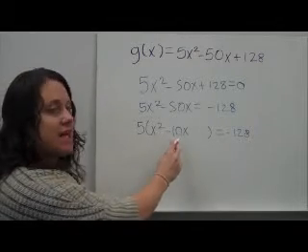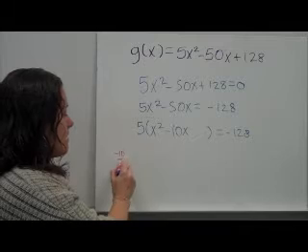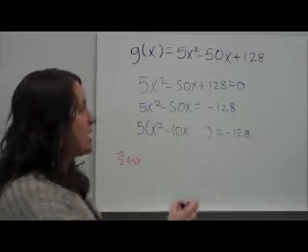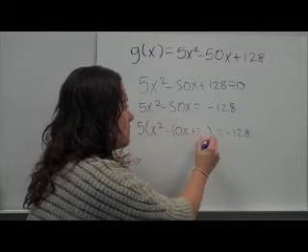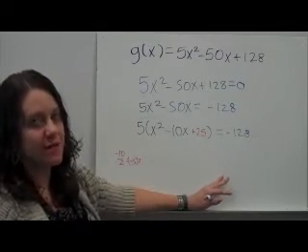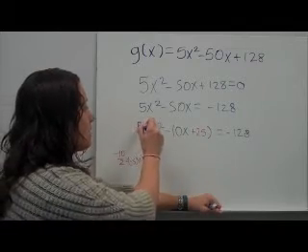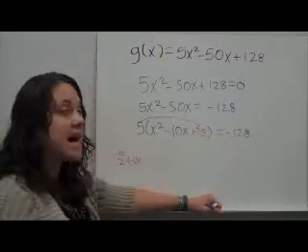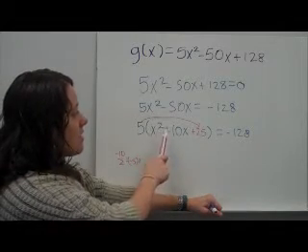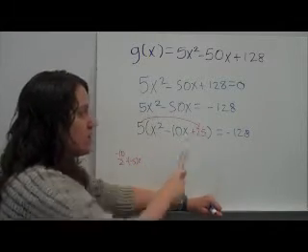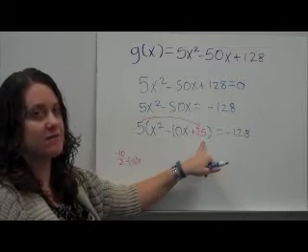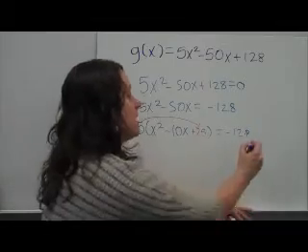So negative 10 divided by 2 is negative 5, squared. So I'm going to add 25. Now be careful, resist the urge to add 25 to the other side. I'm actually adding 5 times 25, which is 125. So again, this is 5x squared minus 50x plus 125. So it's 125 that I added here, 5 times 25. So I must also add that